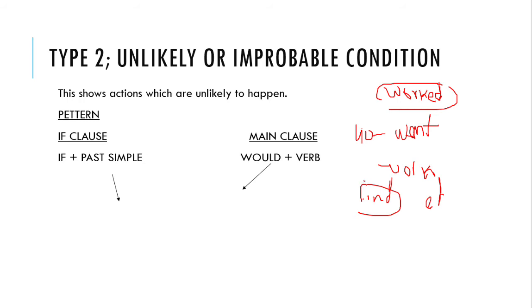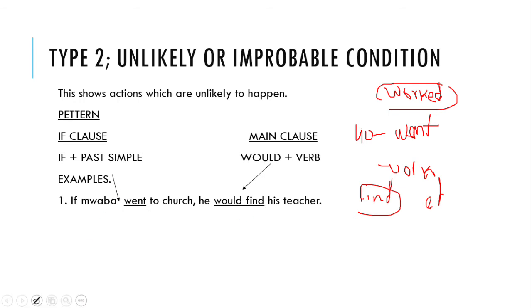Let us look at an example and see what is explained here. If Mwaba went to church, he would find his teacher. Now, remember how it was in the probable condition. It was like, if Mwaba goes to church, he will find his teacher. We have changed the tenses here. The tense here has changed from go to what? Went. Because we are dealing with the past simple in the if clause. So if Mwaba went to church,